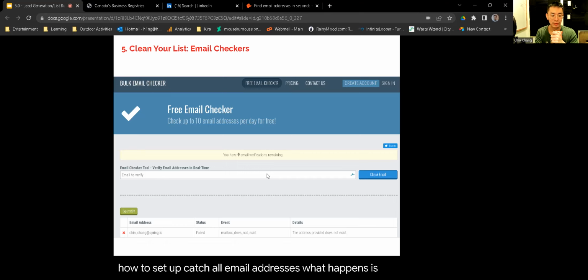What happens is, basically, if you send an email to an unknown email or a wrong format email, it will go to a catch-all inbox that they have. So technically it exists, but you're not reaching the right person. So in those cases, again, there's no surefire way to validate those companies. You may not want to waste too much time with that, and either just give it a shot and see if it works. If it doesn't work, then maybe those are just not the right companies to focus on too much right now.